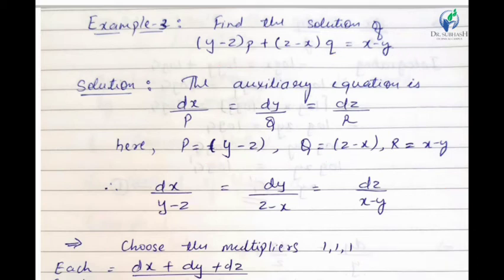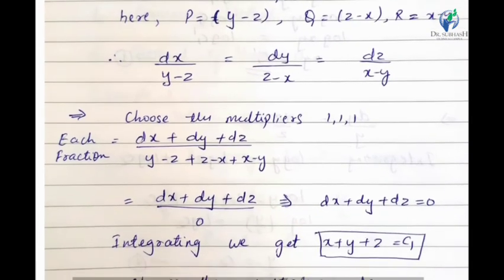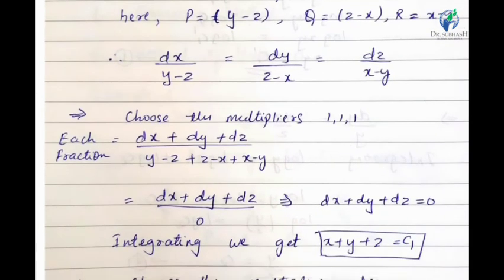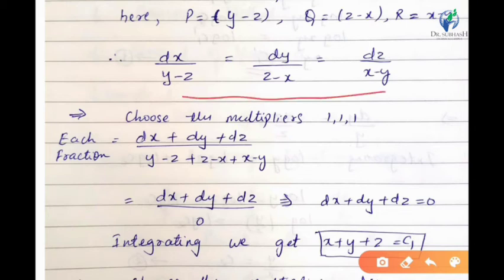Now we can solve this by any method, but here we can easily see that by comparing the terms, we cannot integrate it easily as we did in example 1 and example 2. So here it is compulsory for us to use the Lagrange multiplier method. What this method suggests is that we take all three terms together, and we can add or subtract, so that the denominator portion we get as 0.